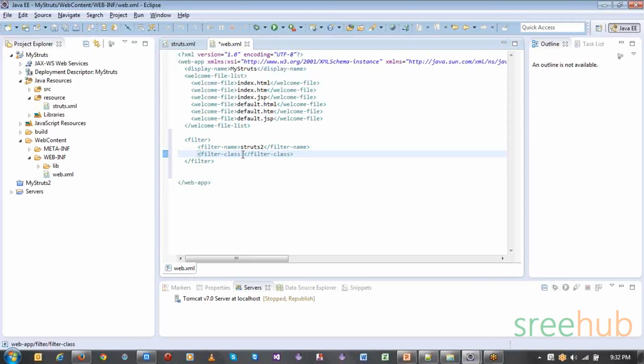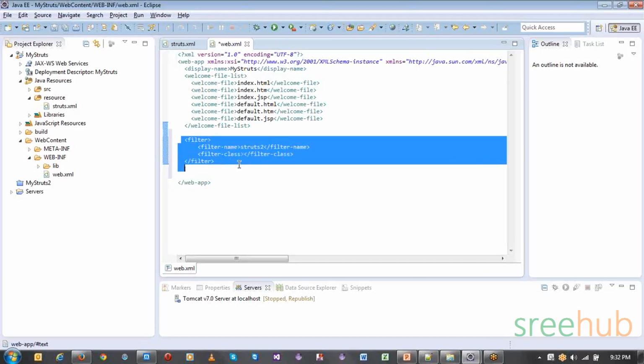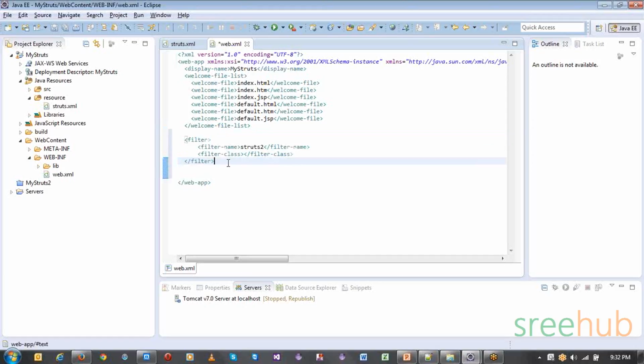I hope you remember what a filter is. A filter gives you a firewall layer for any servlet. How can we attach that? We can attach it using the filter mapping. If you remember, you have filter mapping here. In filter mapping you use a filter name. The name should be the same,